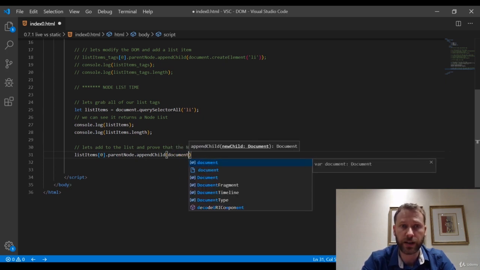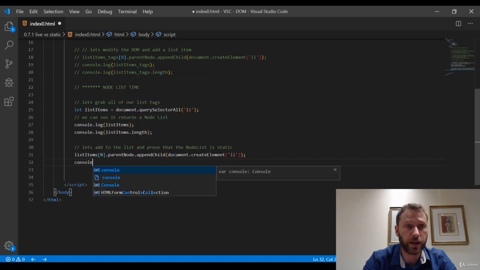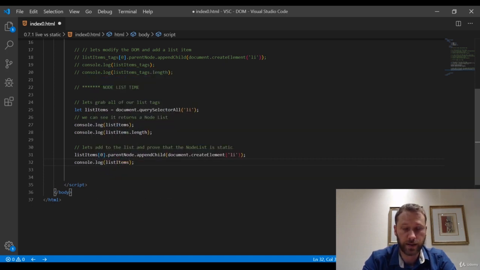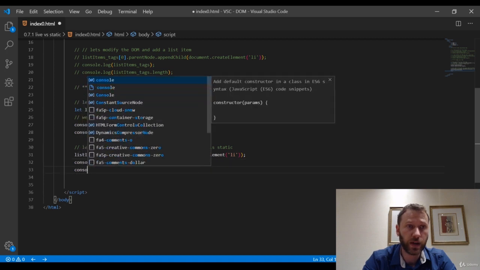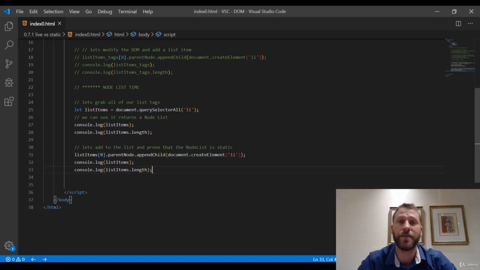And I want to append a child called document.createElement, and I want to create an li tag. If we now console log this list items,